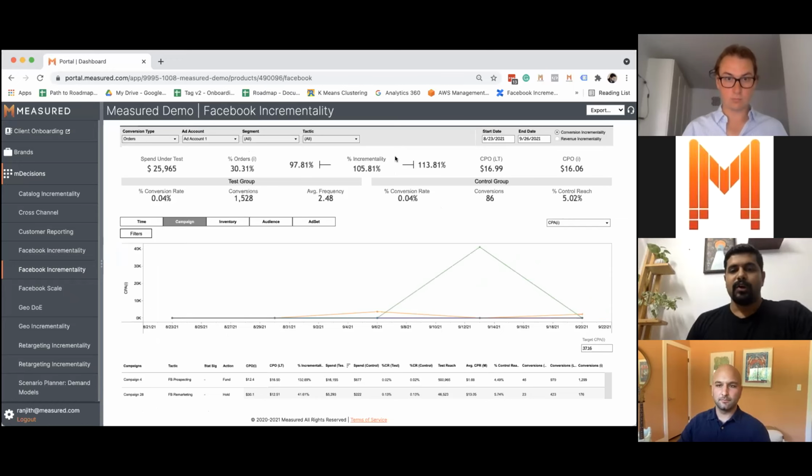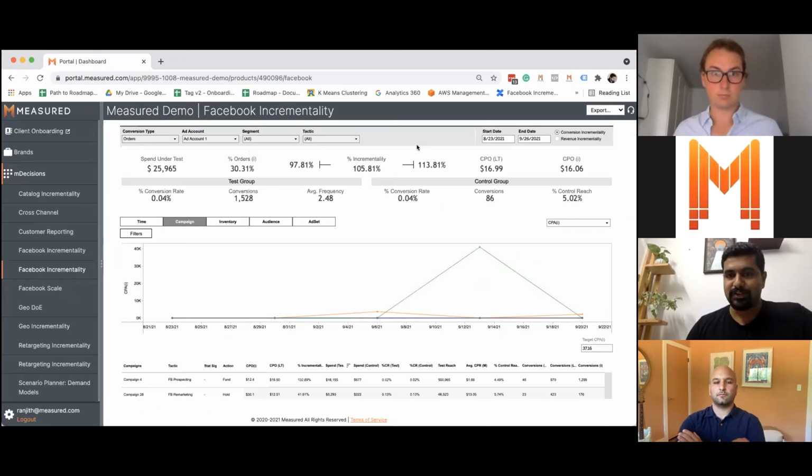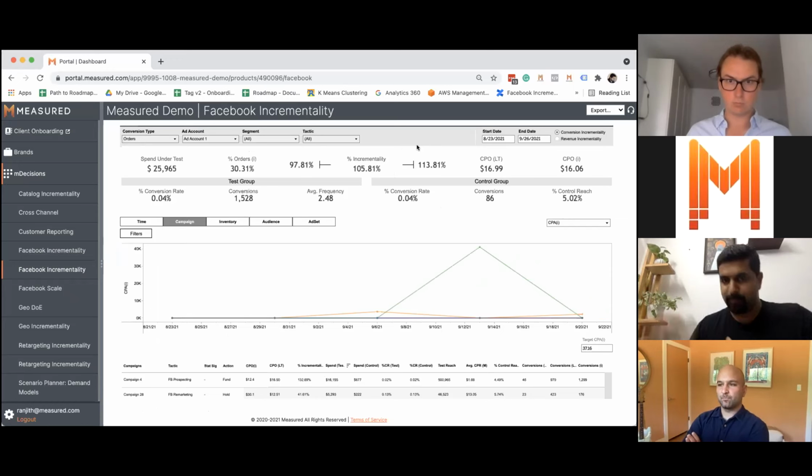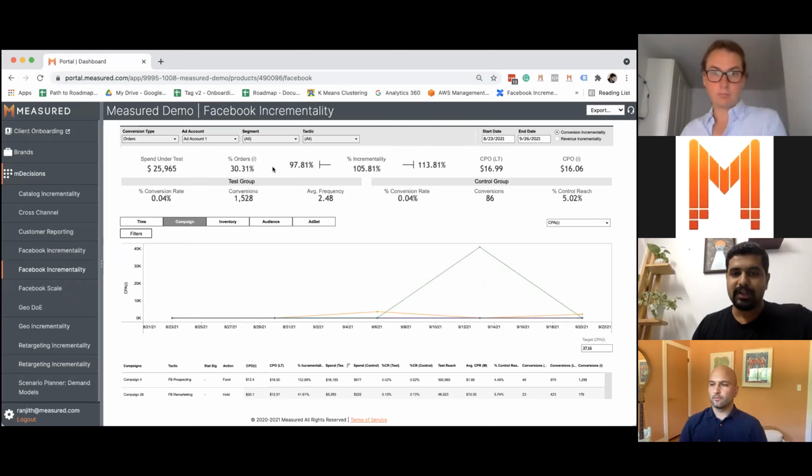All right, so we have done a two-test framework of the Geo Match-Market experiment in conjunction with the Facebook split test API-based split testing together for a brand that we work with. So for the duration that I have selected here, the insight that we can see is the overall incremental contribution of Facebook to their business is at 30.31%. What it means is if you stop spending on Facebook ads, this business is going to lose 30.31% of their overall business.